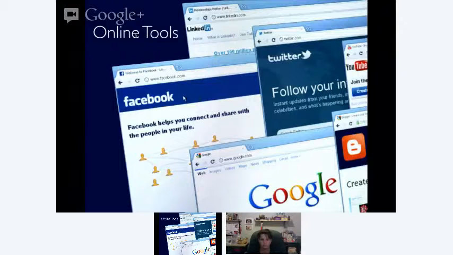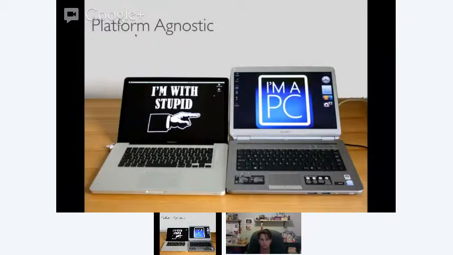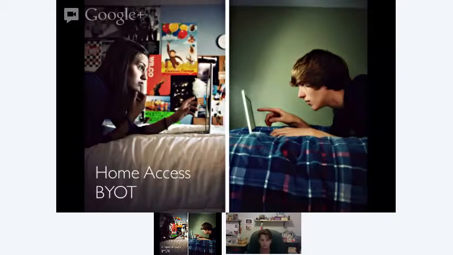And the important thing about online tools is that the work that the student starts at school can move with them. So if they start something in class in the computer lab, they then can do it someplace else. The other great thing about online tools is that they're platform agnostic. It doesn't matter whether you have Macs or you have Windows machines, or you have one of those at school and a completely different one at home. These online tools work with any platform. And then also it provides them home access. So kids can continue their work from home.